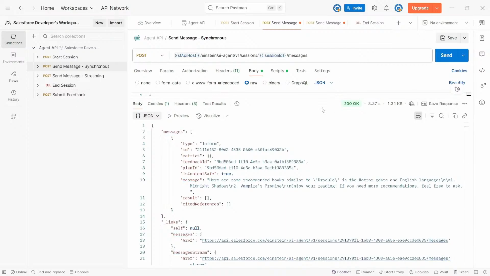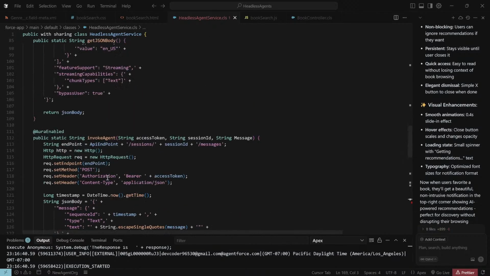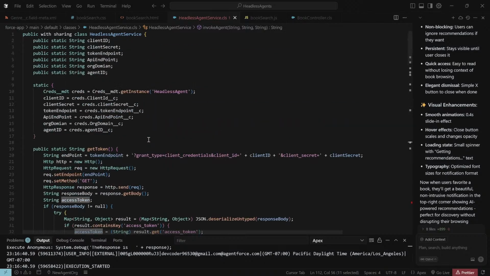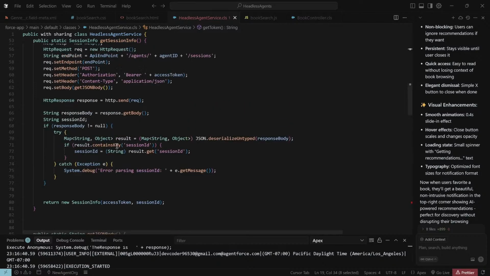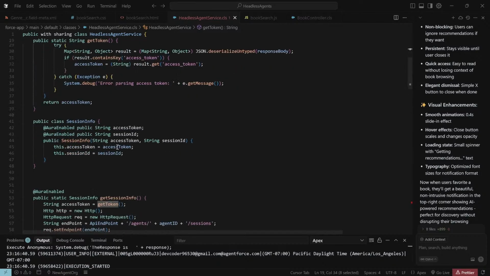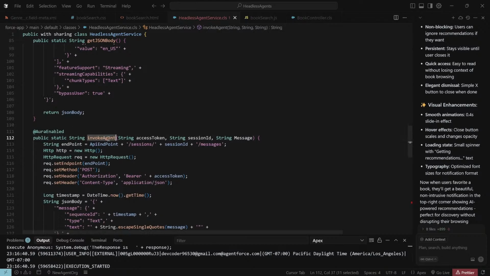as well. And now testing it from the anonymous block is a little complex, because if I have to invoke this invoke agent, I first need the access token, which means I need to make a callout here to this one, which will give me the access token and the session ID. So I basically need to make 3 callouts if I want to test it from the anonymous block. To finally invoke this agent, I need the access token and session ID. So that will be like 3 callouts in the same transaction, and definitely we will get the timeout exception